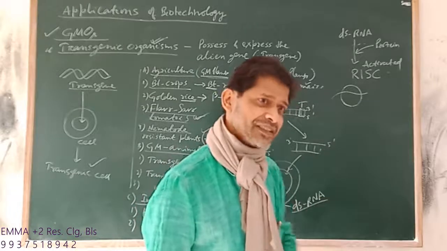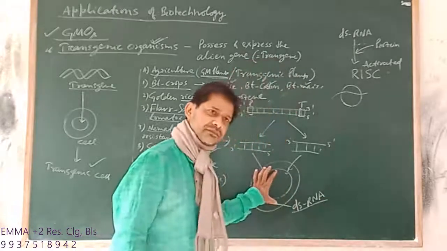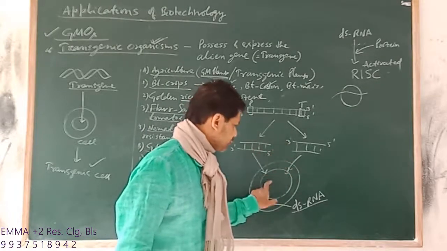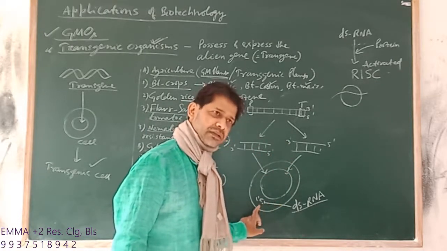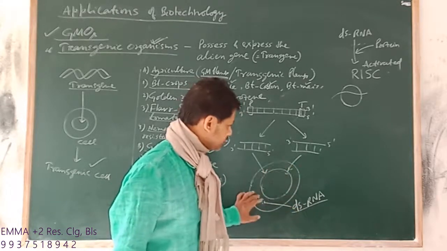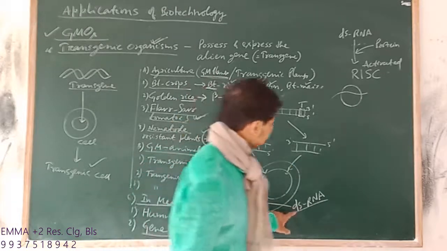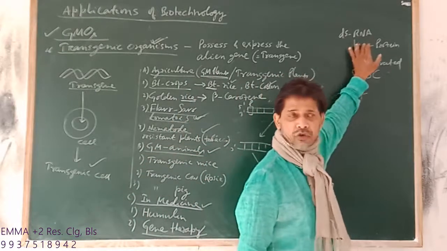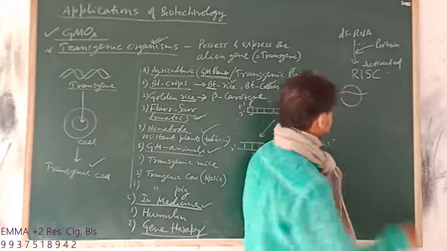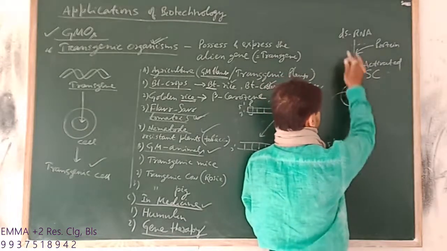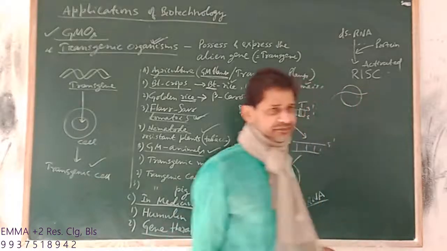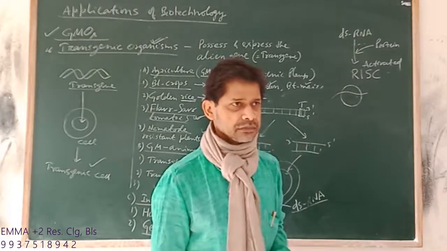Agrobacterium mediated gene transfer, because this is a plant cell. After introduction, both strands produce RNA, and those are complementary. So double stranded RNA is produced. In the cytoplasm of this plant cell, the double stranded RNA is fragmented and combines with a protein to form an activated RISC. This protein is dissolved. So now it is activated.